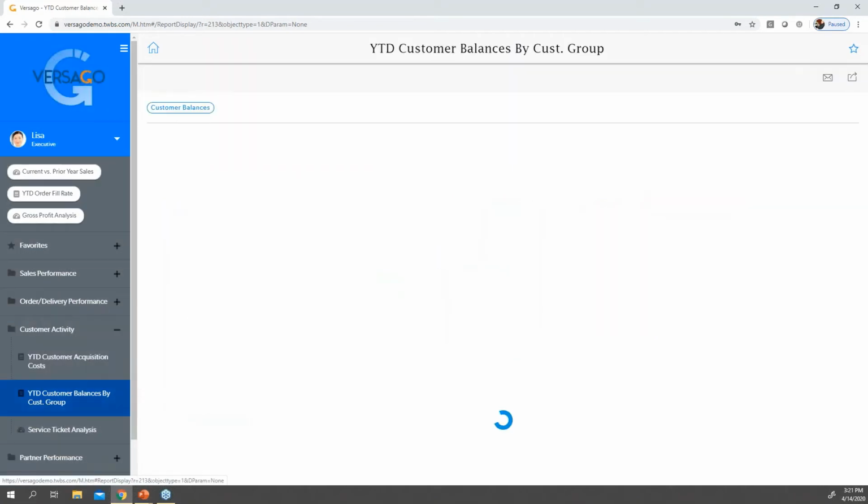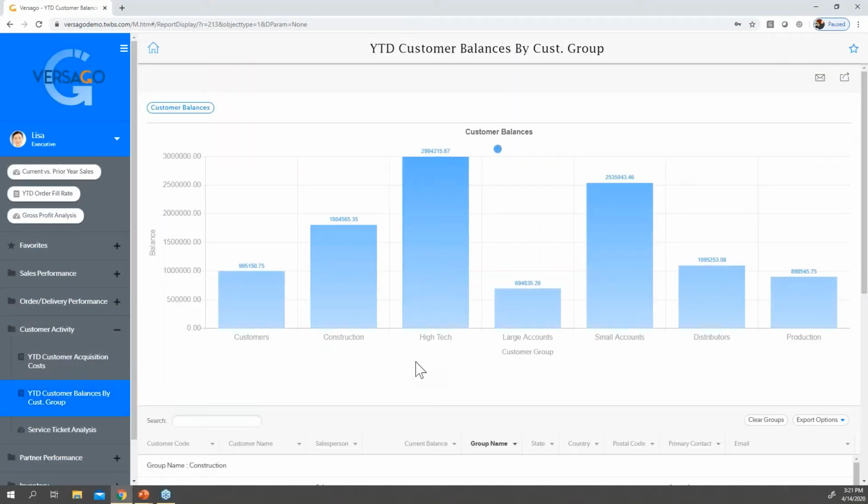Here we can look at what the customers owe me by customer groups. This one's really important right now because there's a lot of industries that are being hard hit, and there's a lot of industries that are doing quite well through this downturn.